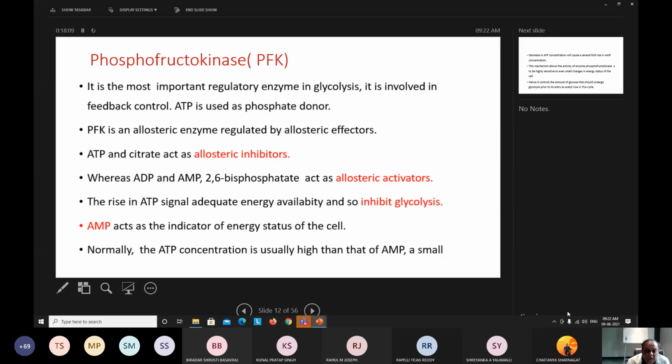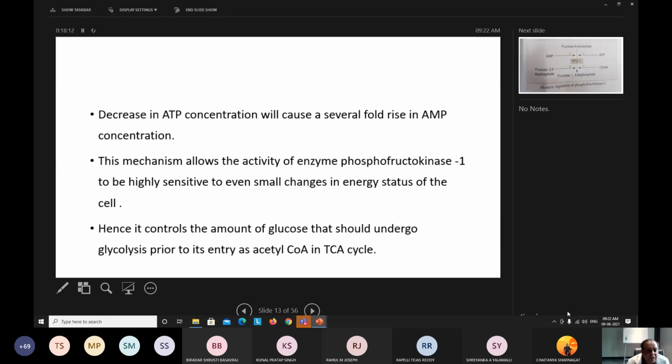But if there is a small decrease in the ATP concentration, there will be a severe rise in the level of AMP concentration. This mechanism allows the activity of phosphofructokinase to be highly sensitive even to slight changes in the energy status of the cells. Hence, it can control the glucose that would undergo glycolysis prior to the entry of acetyl-CoA